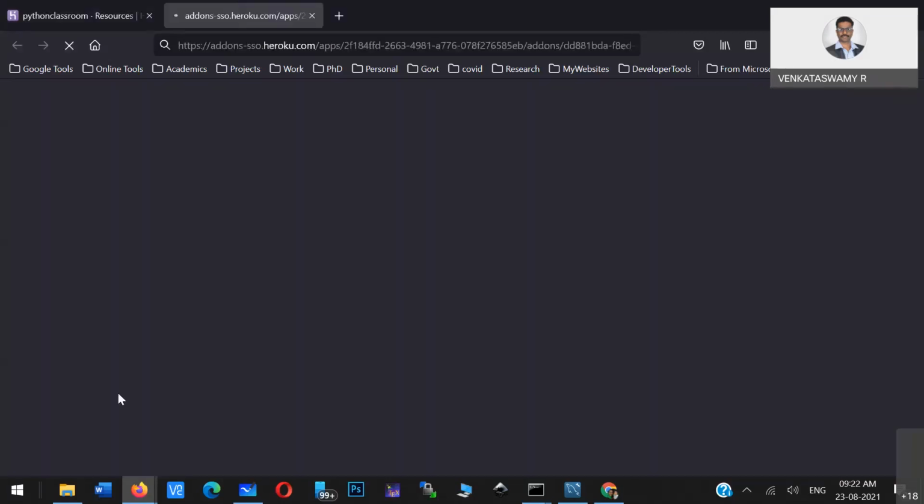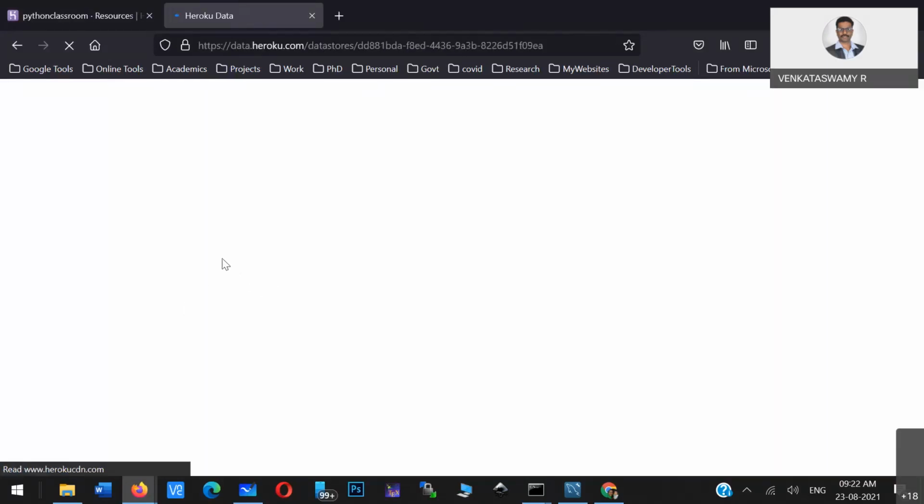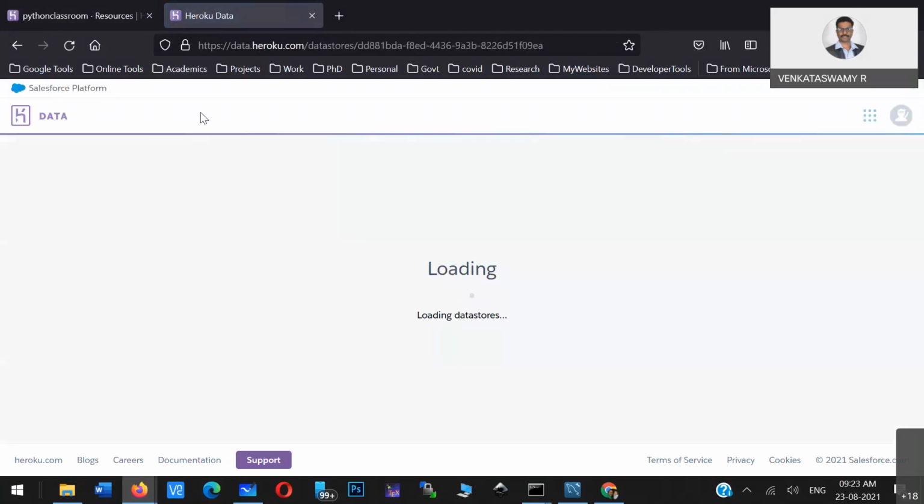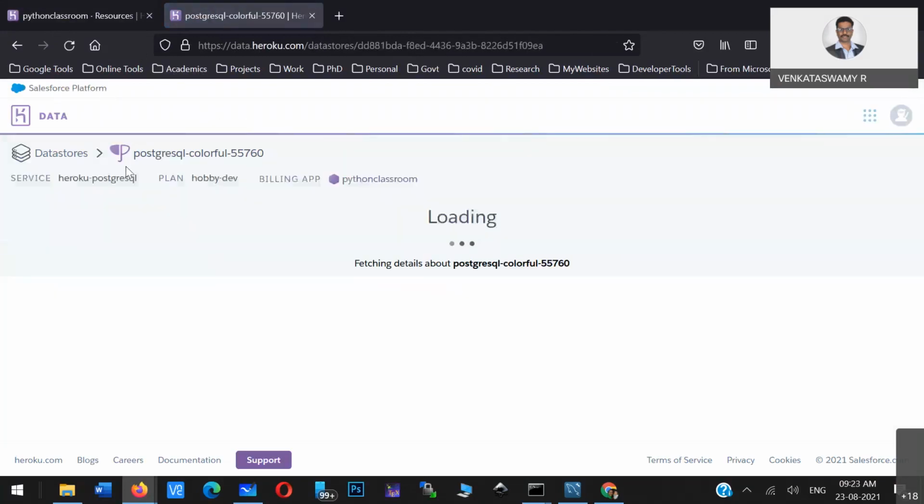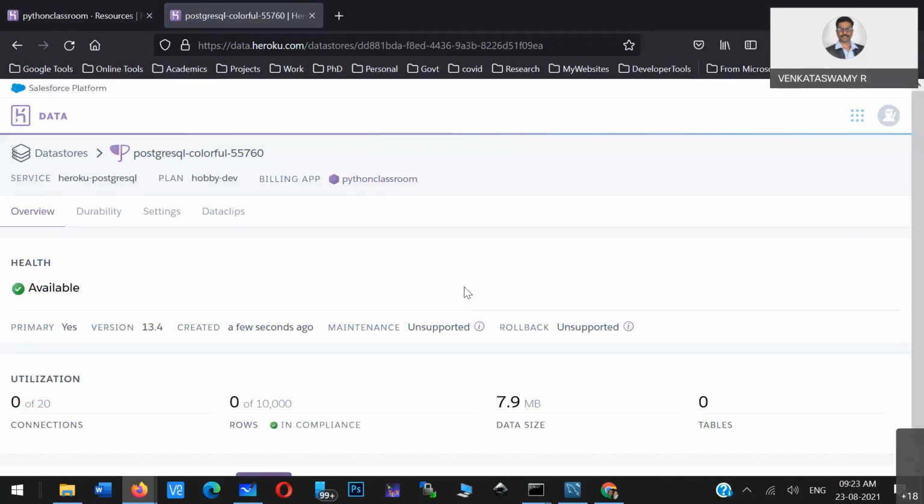After that, you click on this Postgres SQL database and you will see the Postgres SQL details. So Postgres SQL is created in Heroku. That is what you have to understand. This database is basically hosted in Heroku Cloud.